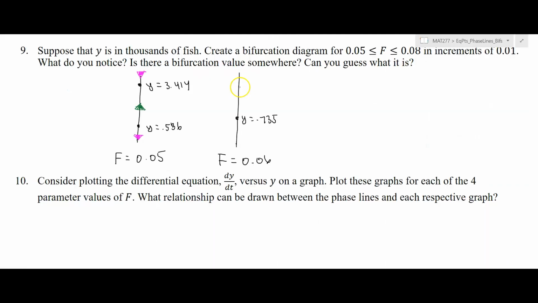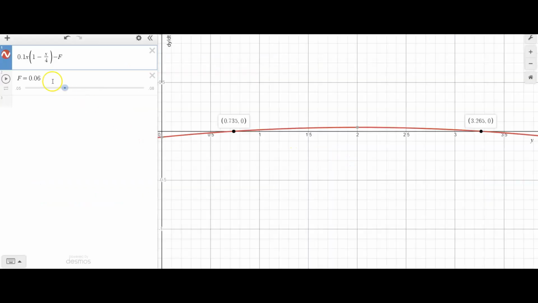And 3.265. So those have just come together. And once again, the behavior surrounding them has not changed. So that means there's no bifurcation that's occurred as a result of me changing that parameter. And now if I go to f equals 0.07, which I will do here, and just drag this to 0.07,